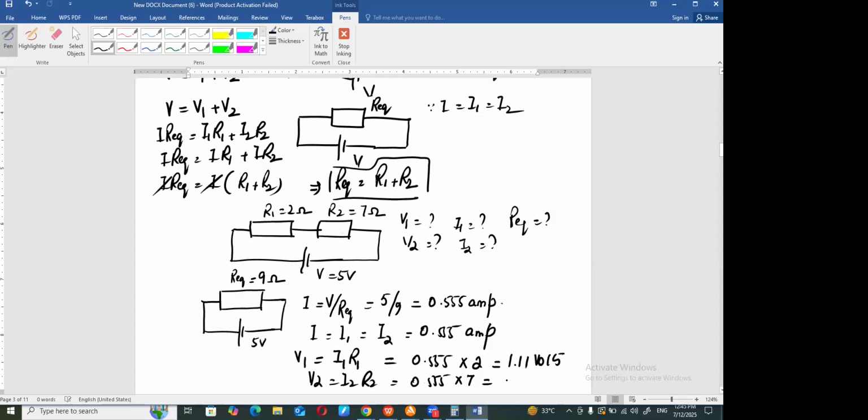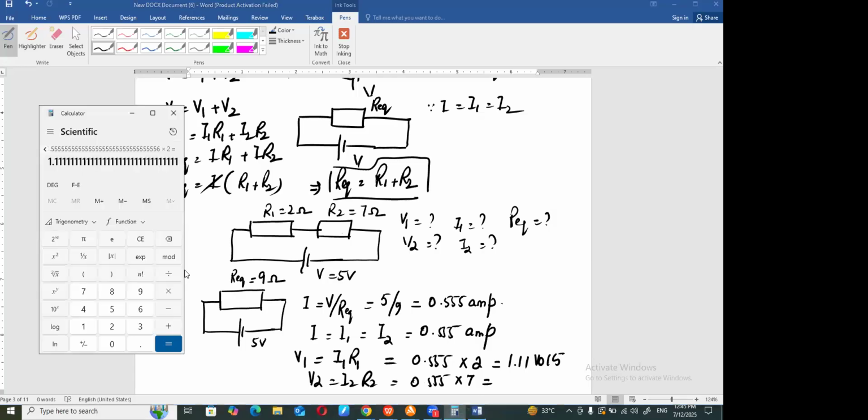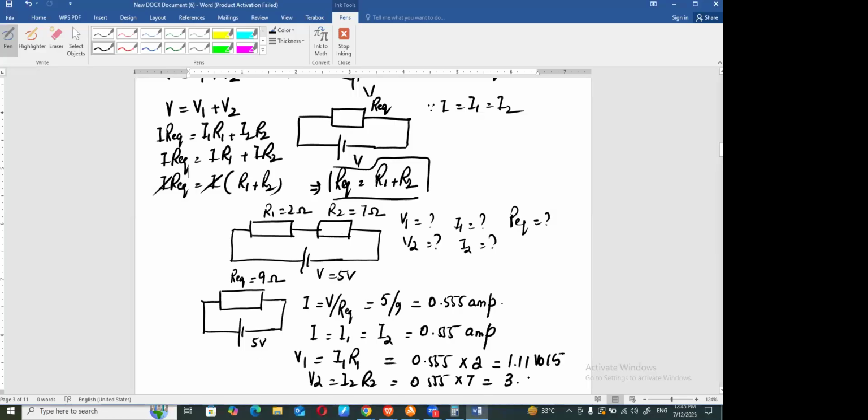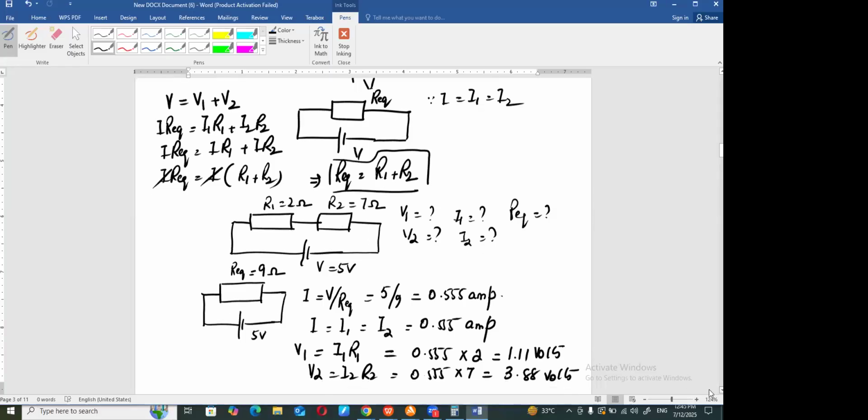And the other one is 0.55555 multiplied by 7, which is 3.88. If you add them, you will approximately come to the total voltage. So this is how we solve a series circuit. Right? Now let's come to